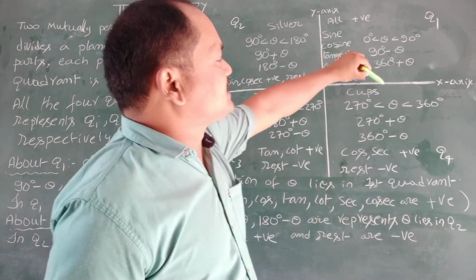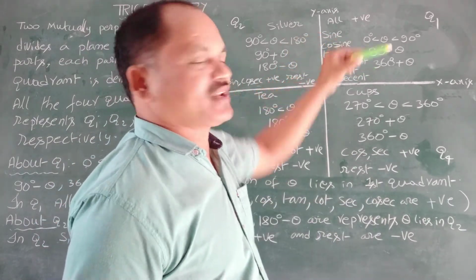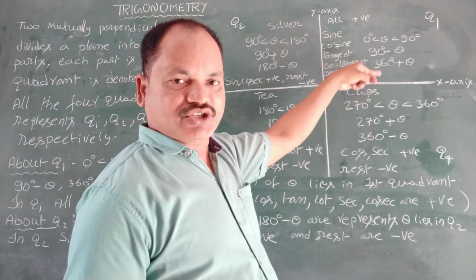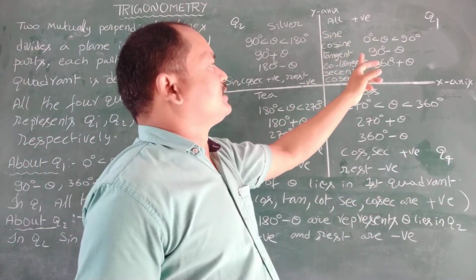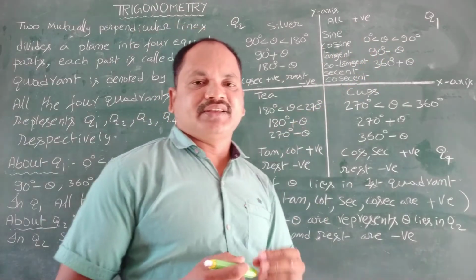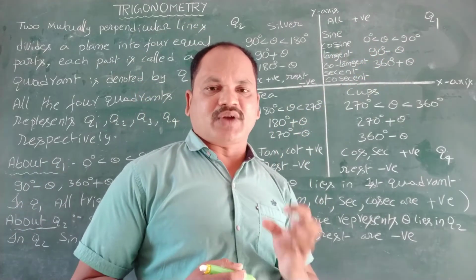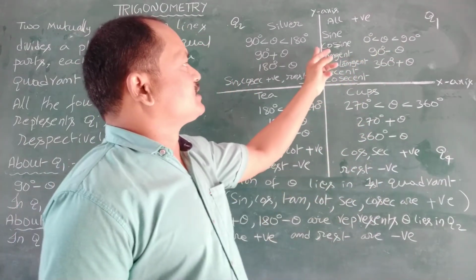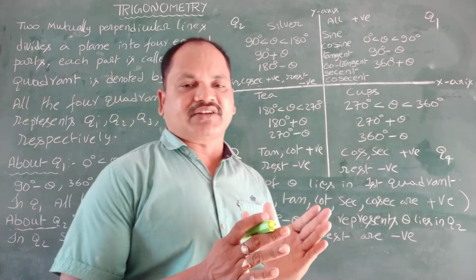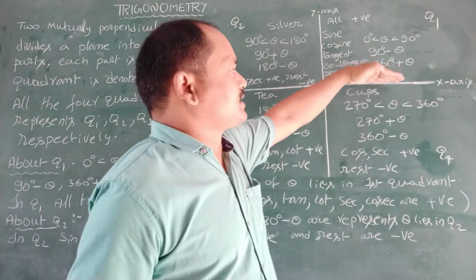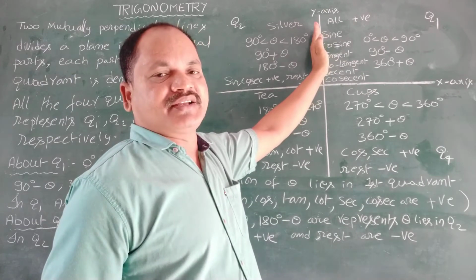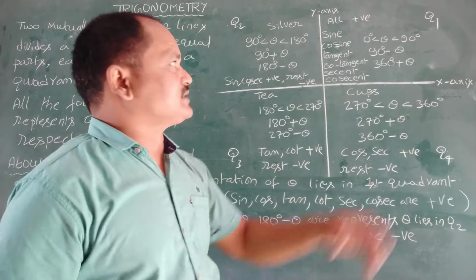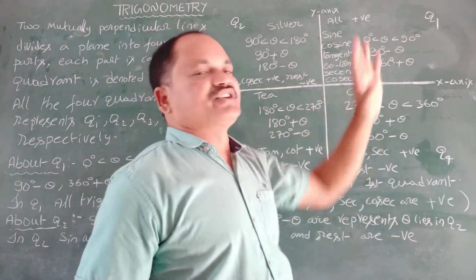That's why this is the premises of the first quadrant. That means 0 to 90, or below 90. That's why 90 minus theta, where theta is the gap, the inclination, the angle we take. 90 minus theta is the premises of the first quadrant. It lies within the interval 0 to 90, starting at 0 and ending at 90. So 0 less than theta less than 90 is the representation of theta lies in Q1.